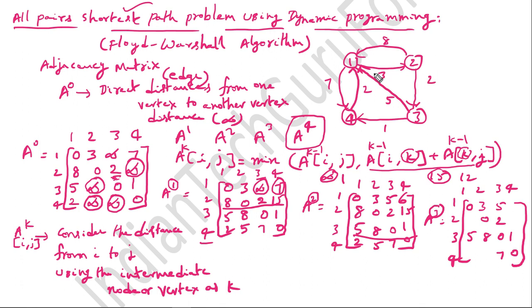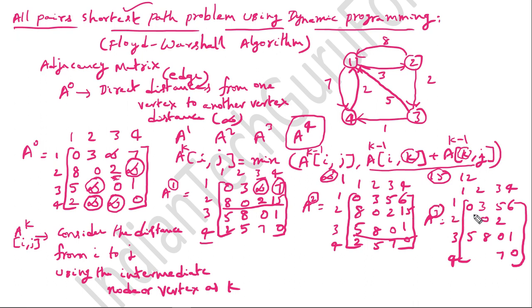1 to 4, intermediate node as 3. So 1 to 2, 2 to 3, 3 to 4. Link is there. So 3 to 3 plus 2, 5, 5 plus 1, 6. Already 6 is there. So keep the value as it is. Next,